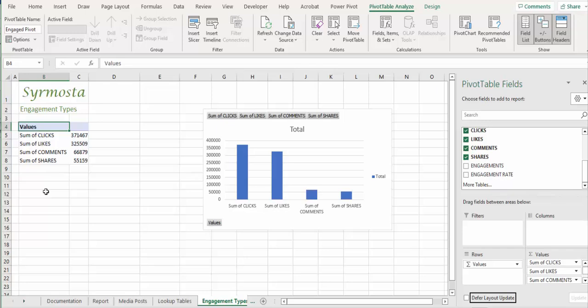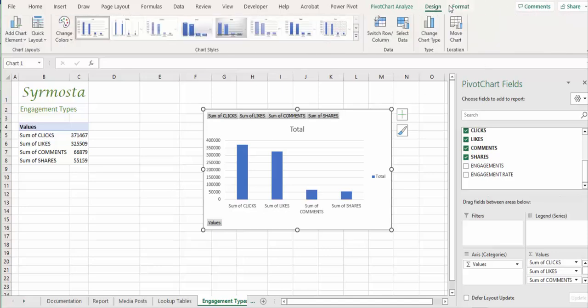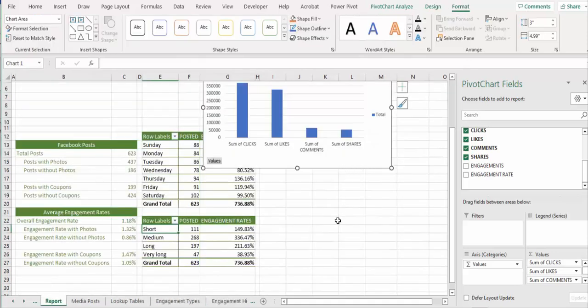Step 11. So we're going to make some changes to this pivot chart, by the way. This time, we're going to move this chart to the report worksheet. So I'm going to do that. Just move chart and select report. Okay. Then we're going to place it into